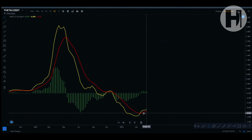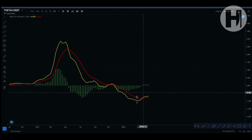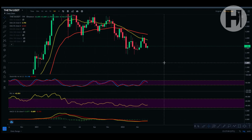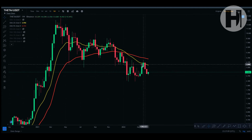And let's take a look at the MACD. So the MACD just printed a bullish cross March 21st. So this is a bullish indicator in my opinion, because this is the confirmation of your uptrend on the weekly chart. And as you all know, the higher the time frame, the more important all the crosses and all the patterns are. So as you can see, we ran into resistance over here on the 20 EMA on the weekly